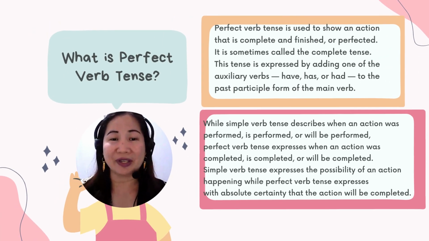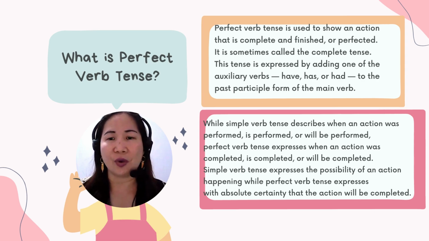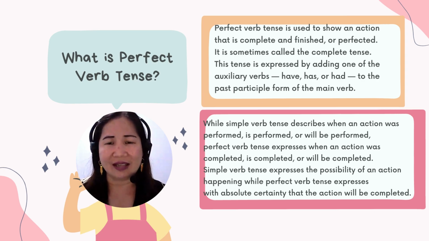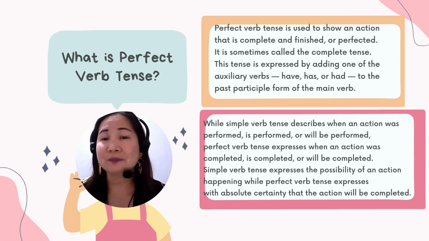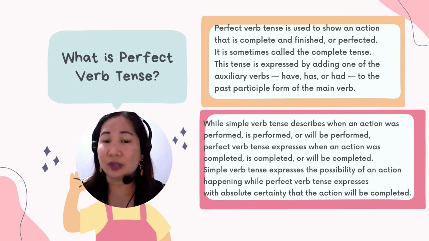So what is perfect verb tense? Perfect verb tense is used to show an action that is complete and finished or perfected. It is sometimes called the complete tense. This tense is expressed by adding one of the auxiliary verbs have, has, or had to the past participle form